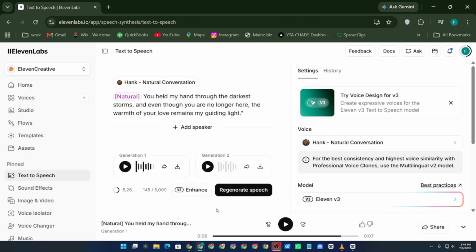Pay attention to pronunciation, pacing, and overall flow. If any section sounds unnatural, edit only that part of the script and regenerate it instead of recreating the entire